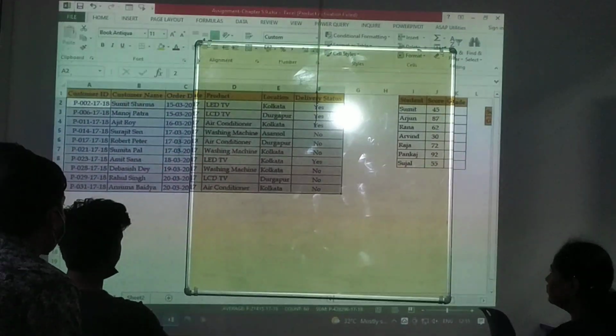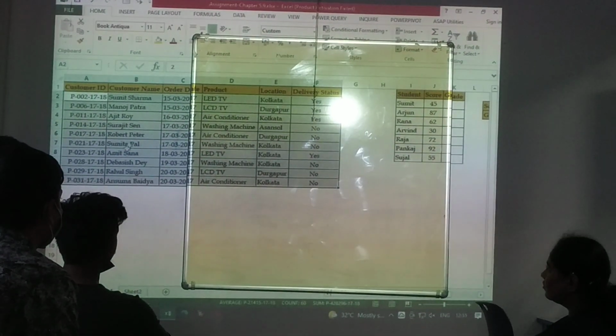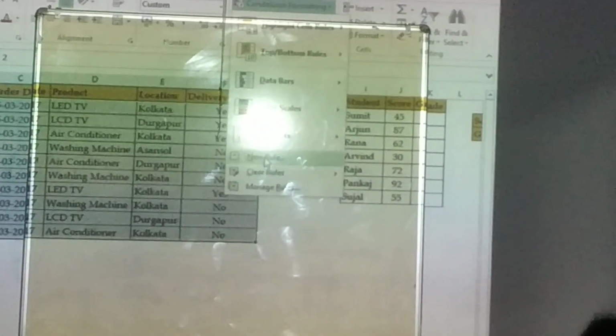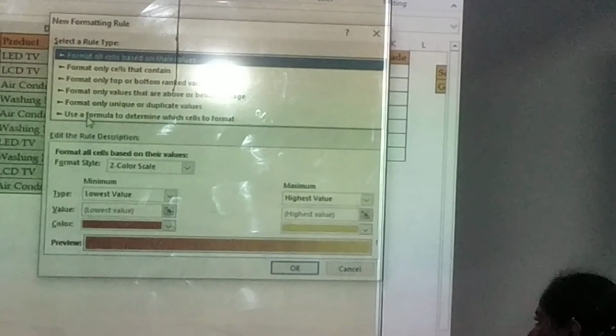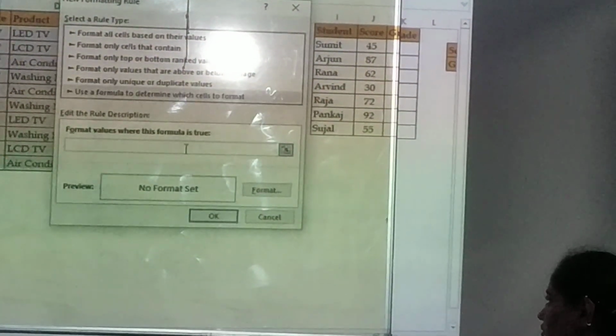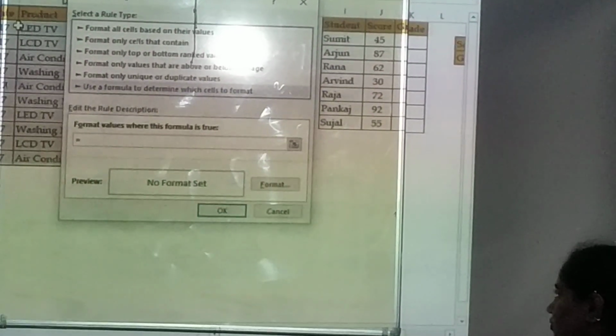What can I do? Again I can select the entire range and go to conditional formatting, new rule, use a formula to determine, and here we write equal to this cell.